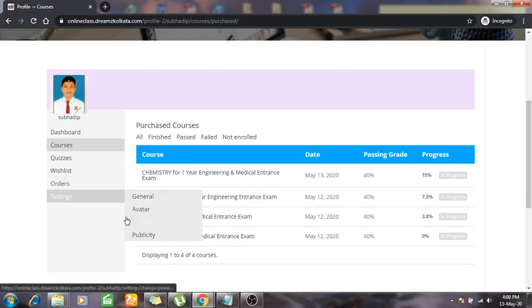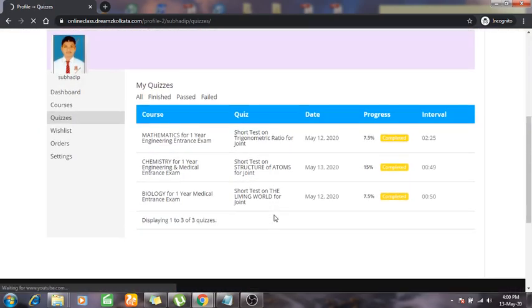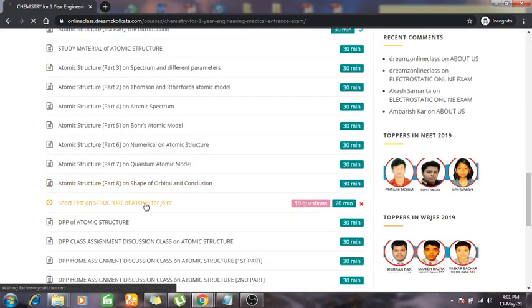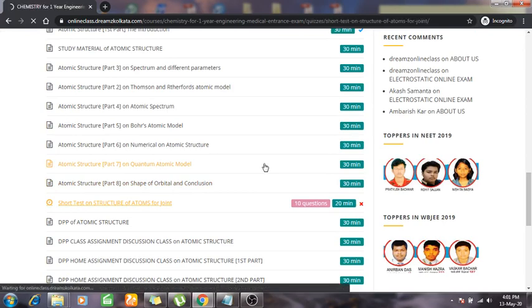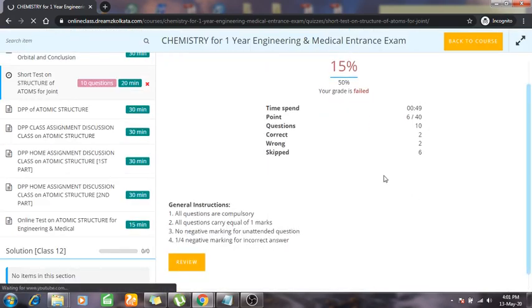And if we go to the quizzes, I have attempted a quiz now, and I think I got 15% marks on that, and this is the quiz for me, and this is the 15% marks for me. So if I again want to review that question, you have to click on it, and shortly you will find that particular review or the particular grade of that. So this is the review. So you have to just go there, and this is the review again.